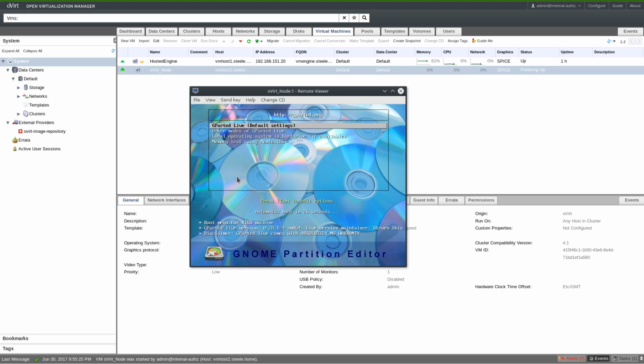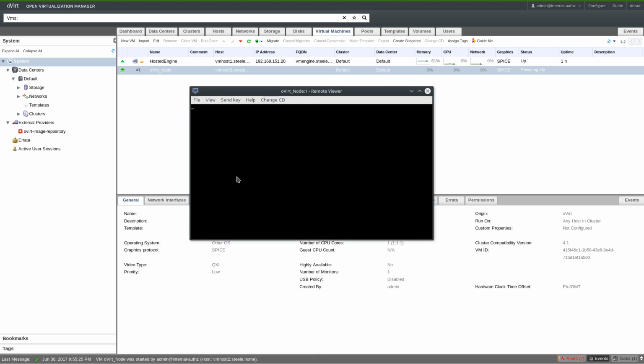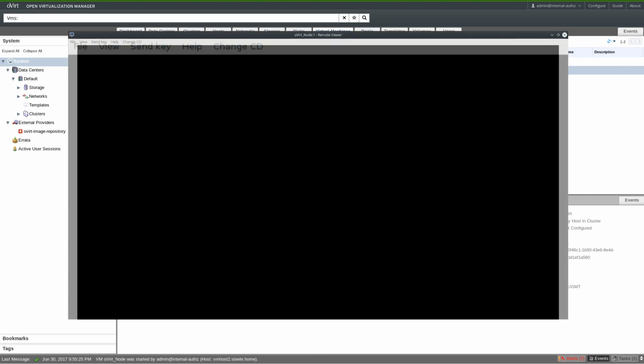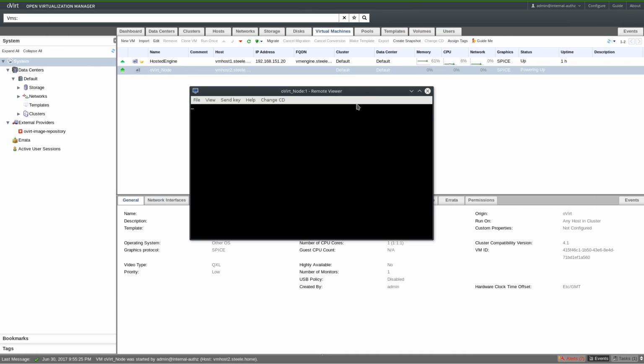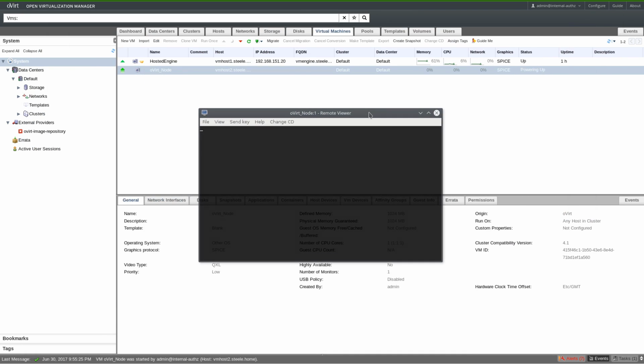I'd mainly do this in a live hardware environment anyway. When I install the oVirt nodes, I usually just go into gparted live, clean the partitions out, and then I restart it, and I create a new oVirt node using a clean disk. If you've got a clean disk to start with, fantastic. So we're just going to wait for gparted to start up now,